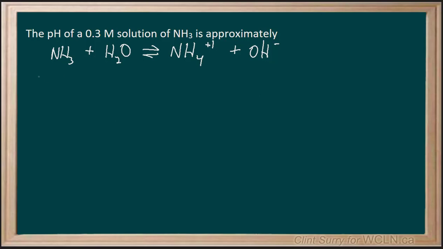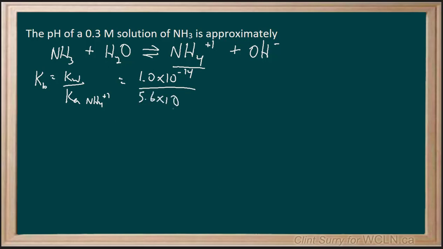In order to get the Kb, we know it's going to be Kw over the Ka. Now it's the Ka for the conjugate acid, which is NH4 plus. So we're dealing with 1.0 times 10 to the minus 14 for the Kw, and 5.6 times 10 to the minus 10 for the Ka of ammonium ion. When I divide that, I'm left with 1.8 times 10 to the minus 5, and that will be my Kb